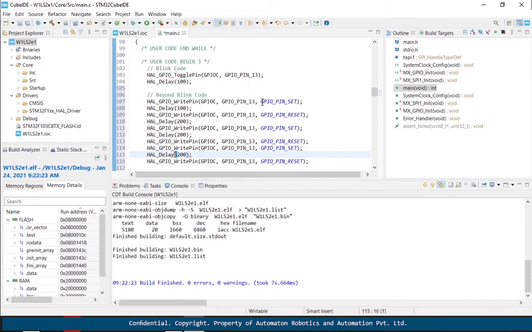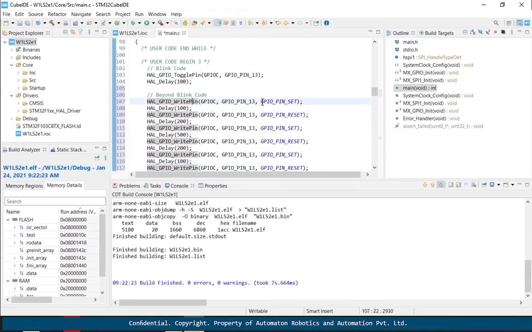All right, so my code is ready now. I can make a few changes in the delay size, and I can add a few more delay functions, and so my code is ready for the Morse code. Basically, the size of your high and low are determined by the set and the reset commands, and each of the dots and the dashes are separated by a